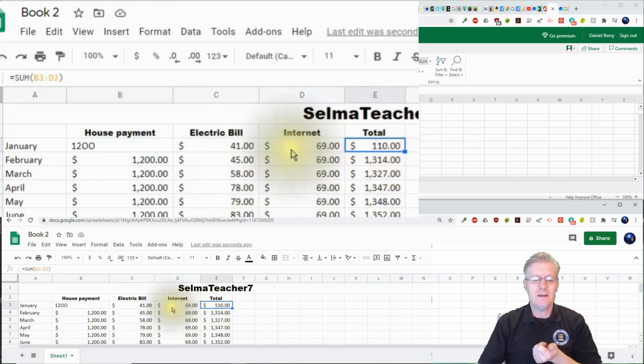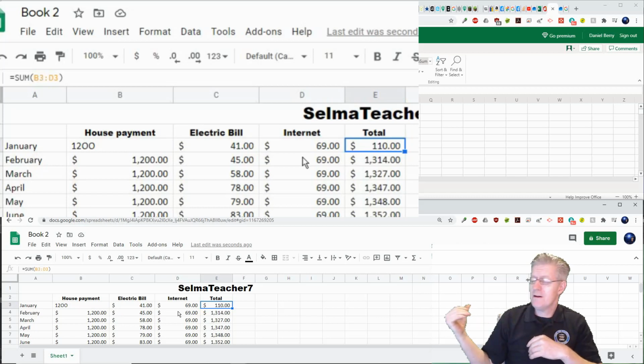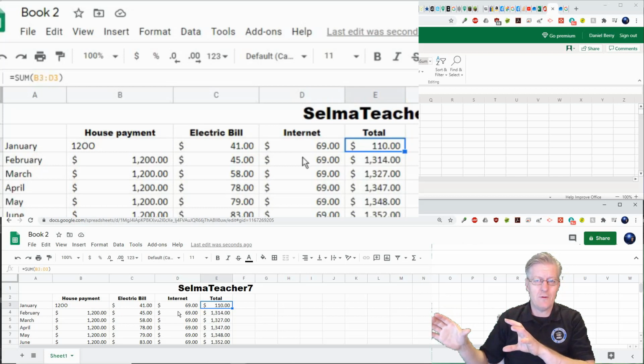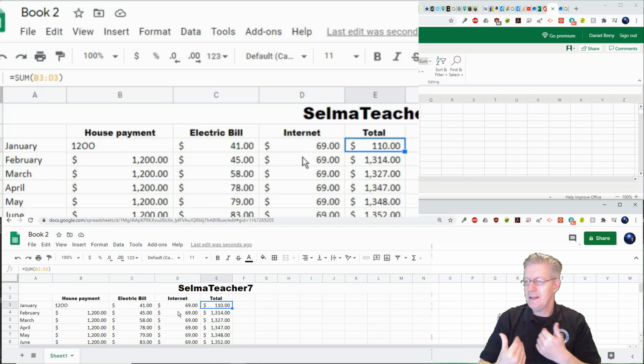Now, what the artificial intelligence does is it ignores all labels. What is a label, you ask? A label is anytime you have something inside the cell that is not a number, for example, letters. If you have any type of letters inside of a cell, immediately that takes it out of the numeric format and puts it into the label format. And the artificial intelligence basically ignores those and goes right over it.